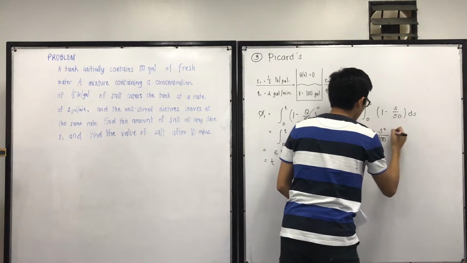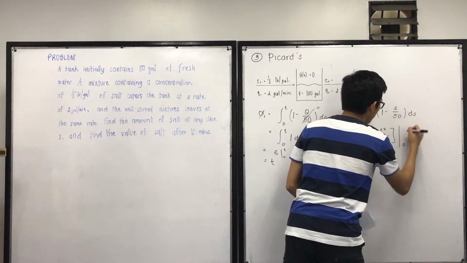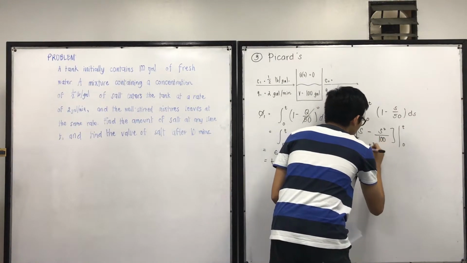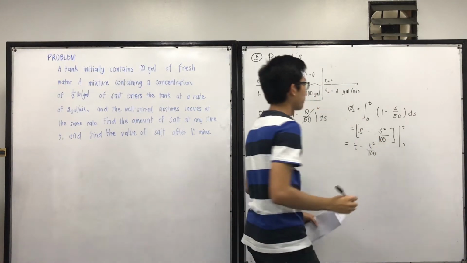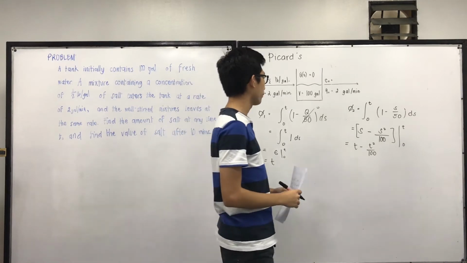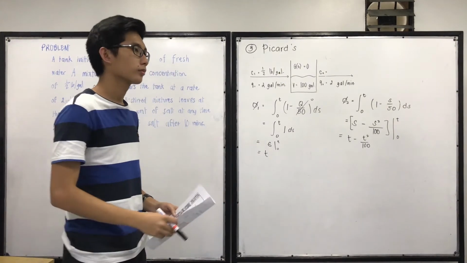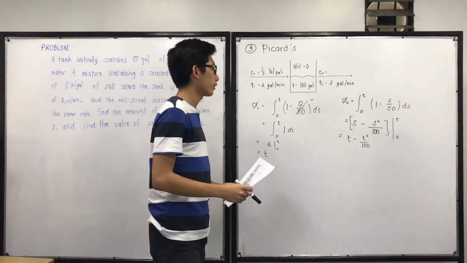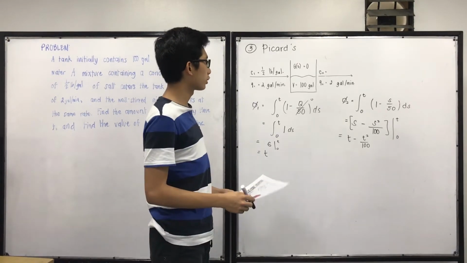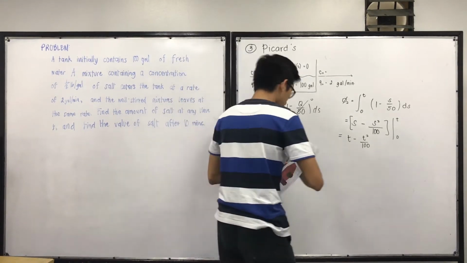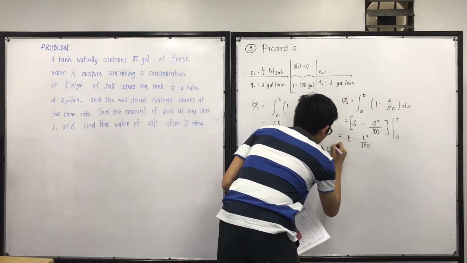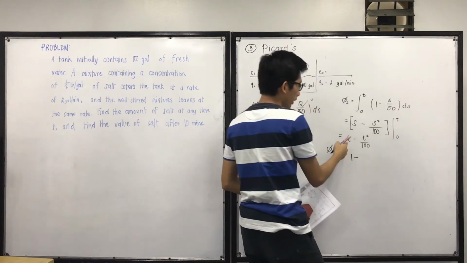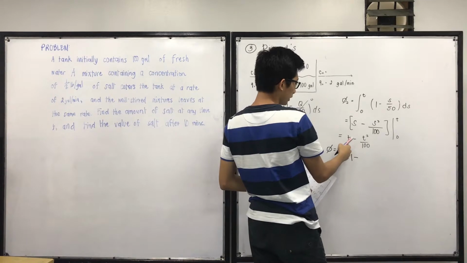Evaluated from 0 to t. Therefore, we will have t minus t squared over 100. In phi sub 2, we can already simplify. We already have the phi sub 1 and phi sub 2. To have a more precise answer, we could still solve for phi sub 3. Proceeding, we will have phi sub 3 is equal to 1 minus, we are going to substitute this one to